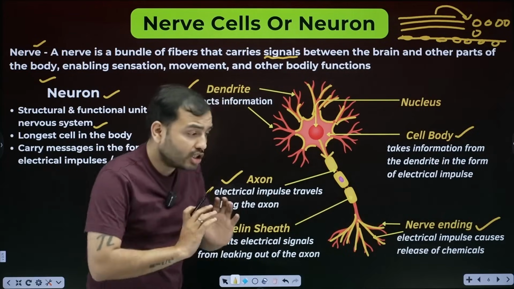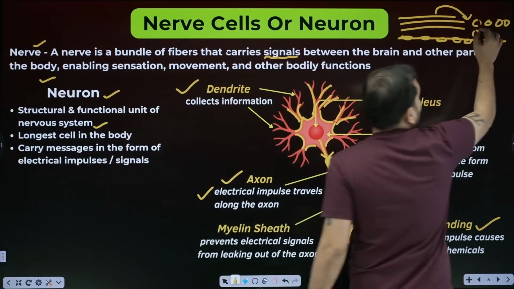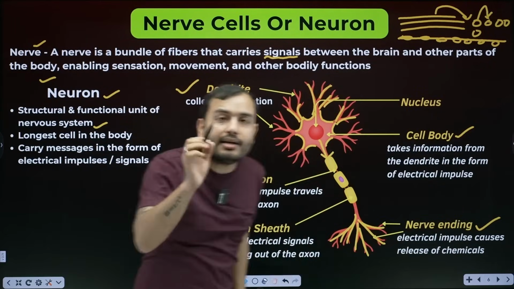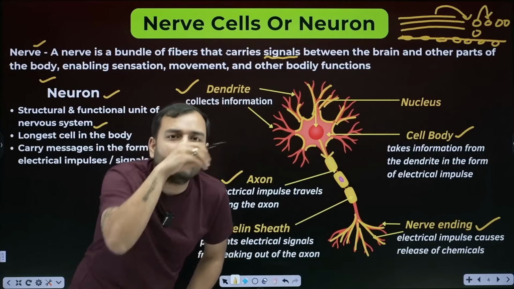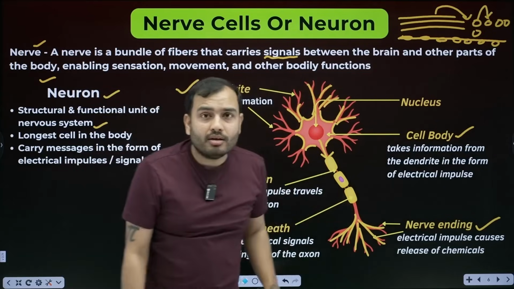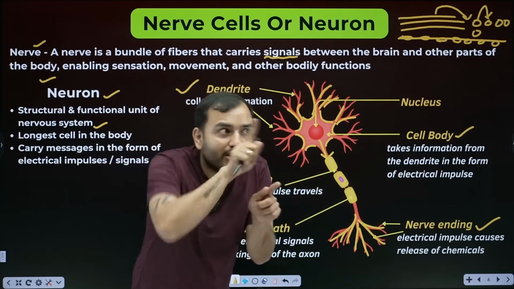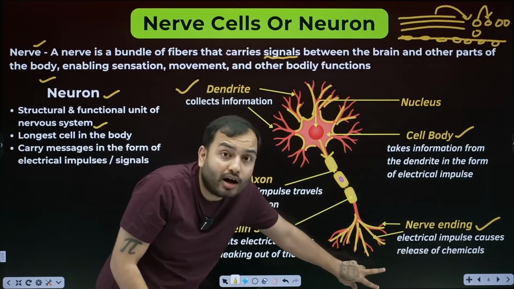The last part needs to send the signal into the next nerve cell, and to the next one, so the signal should go from here to here. To do this, what do they do? They release some chemicals, because there is a gap in the middle. Current won't go across a gap. If I cut the wire in the middle, will the current go from this wire to this wire? No. There will be a gap from here.